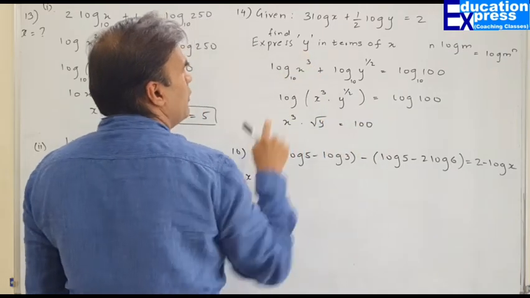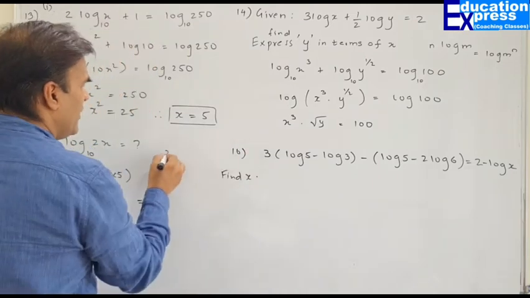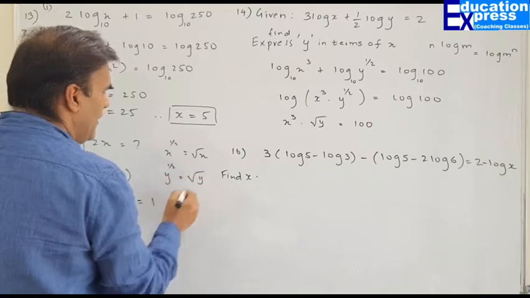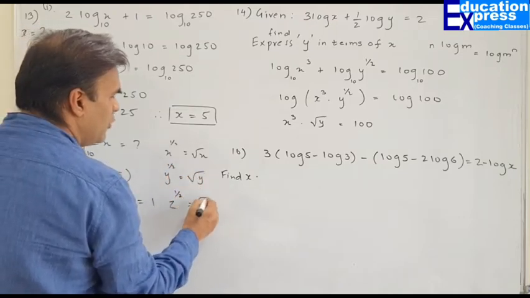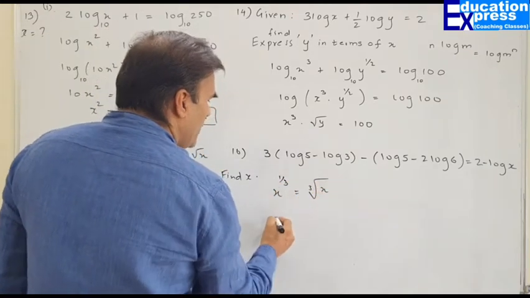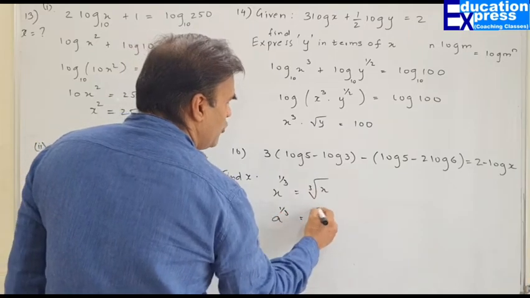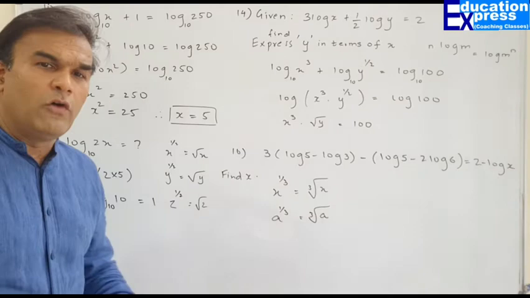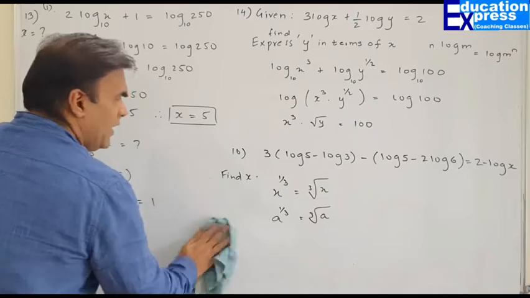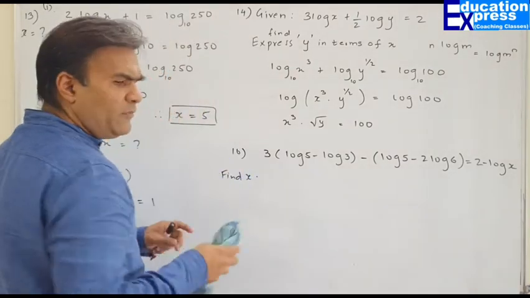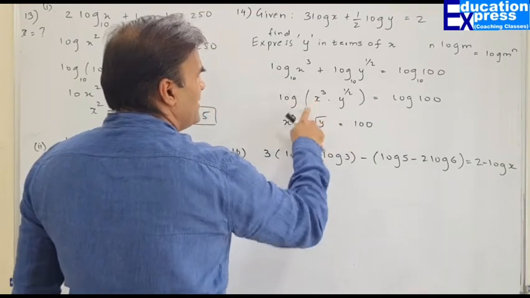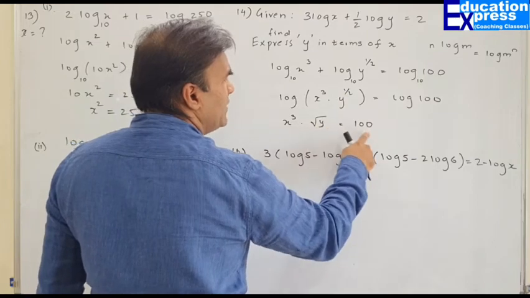Since we want to find the value of y, remember my dear friends, x raised to half means square root of x, y raised to half means square root of y, z raised to half means square root of z. When I say x raised to 1/3, it means cube root of x. A raised to 1/3 would mean cube root of a. So on and so forth. All these things are a part and parcel of normal indices, exponents. So here it's given to us x raised to 3. We are removing log from both the sides.